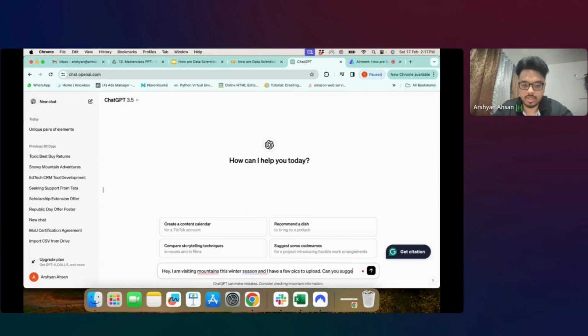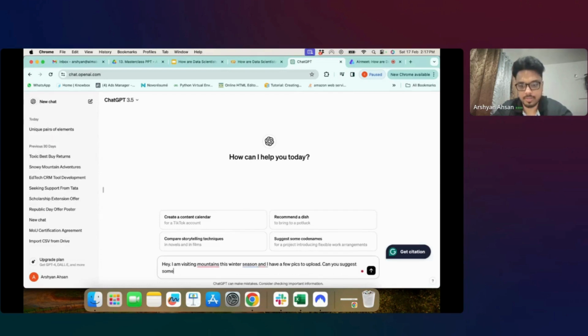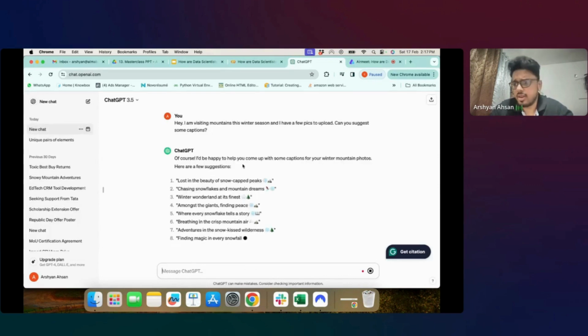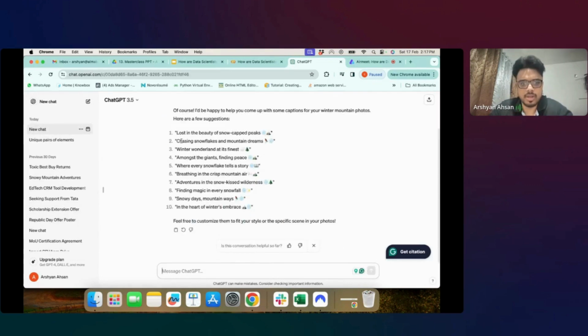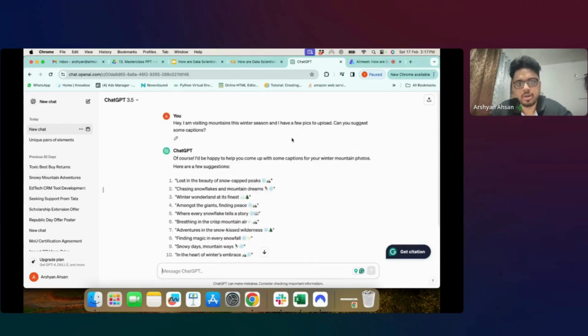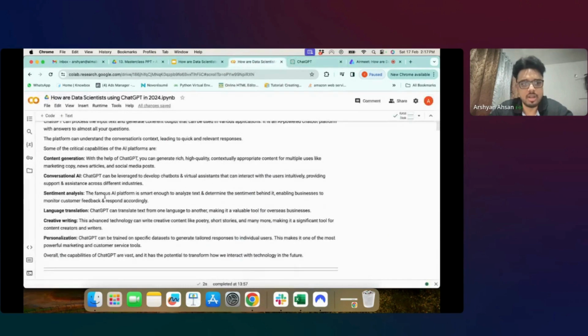Can you suggest some captions? See, so this is a very fundamental use case. ChatGPT comes up with 10 caption ideas that can be used for a pic that you are uploading on any social media platform. This is one of the basic use cases which almost everyone is doing in some form or other.